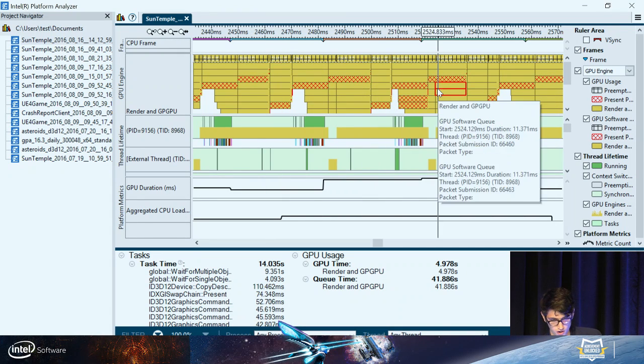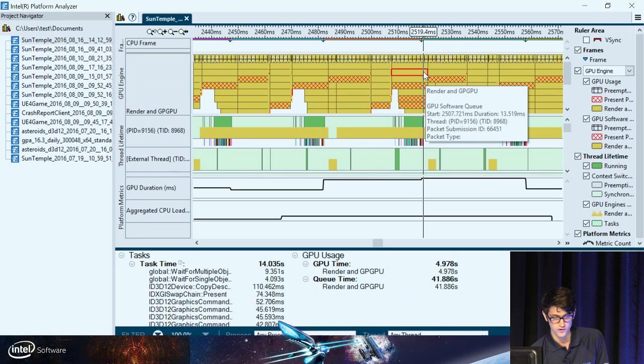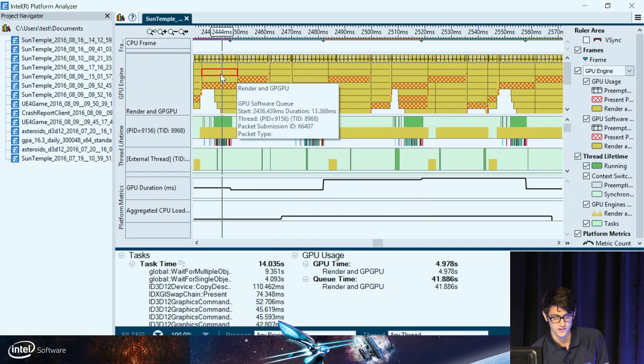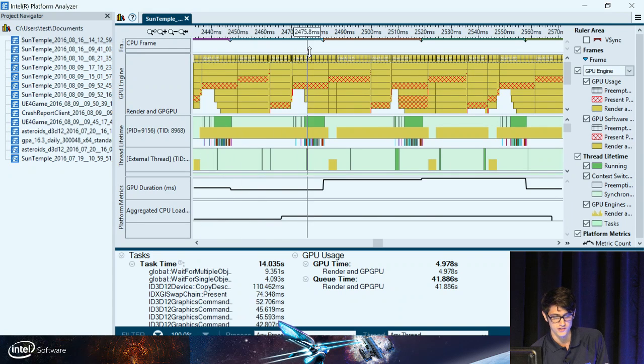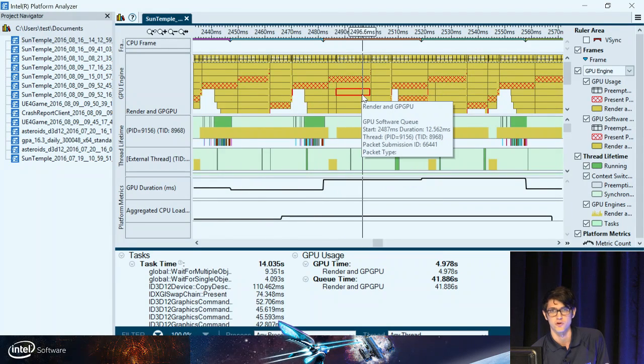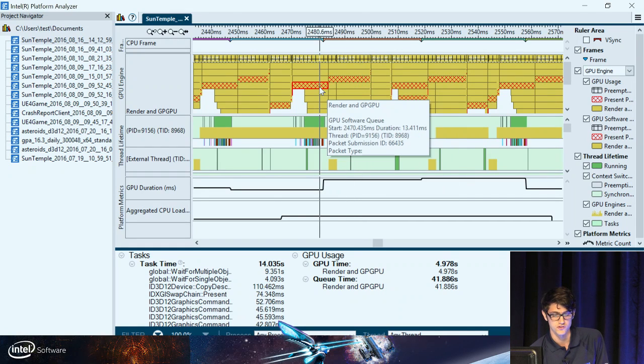So commonly, what a good, healthy game will look like is basically what you want to have happen is you want the GPU to constantly be rendering things, but not be so backed up to where there's a lot of latency, right? So it's a good, healthy balance between having your GPU queue have work for your GPU,